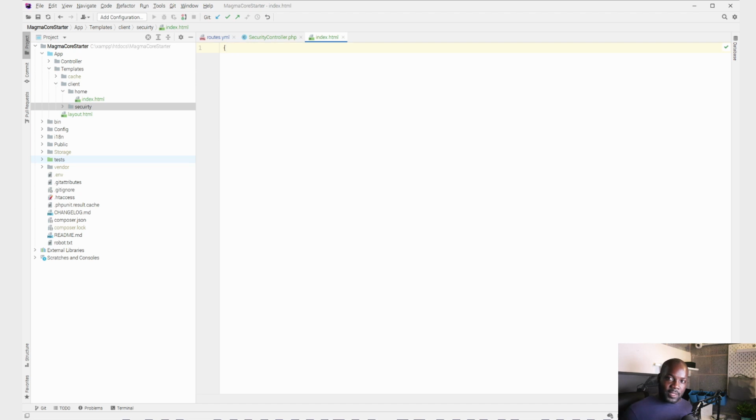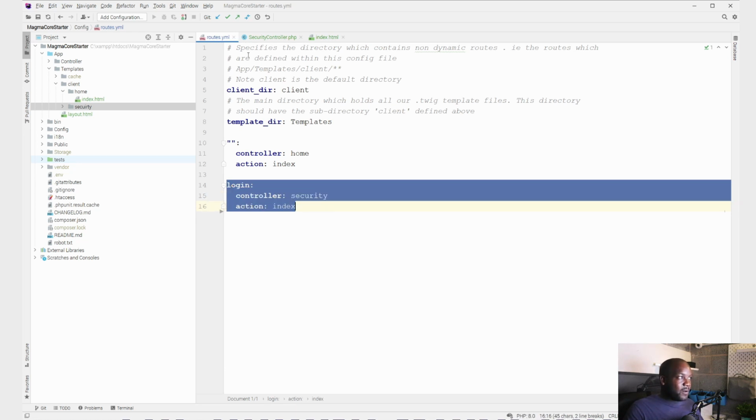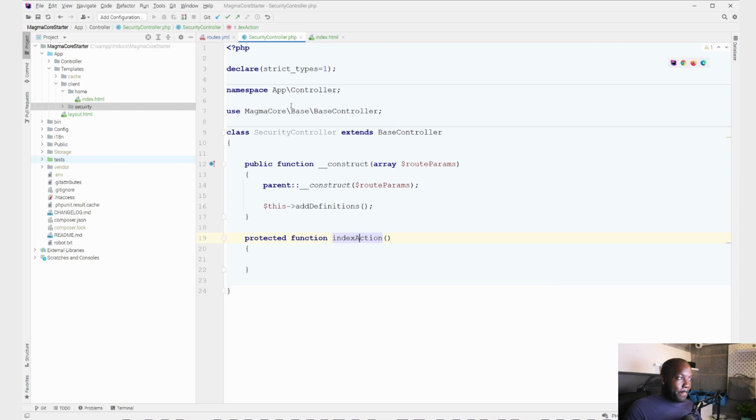I'm going to extend that layout, that HTML template that we created in the last video. I'm going to say extends layout.html, just like so. Right, so now that we've got our basic route defined within our YAML file, we've got our controller file, which that route points to, and we've got our default template, we can just say something like this: view. I'm going to pass our template in, which is going to be client security,